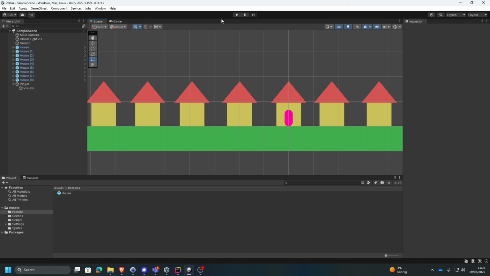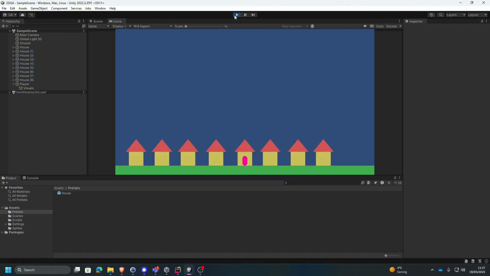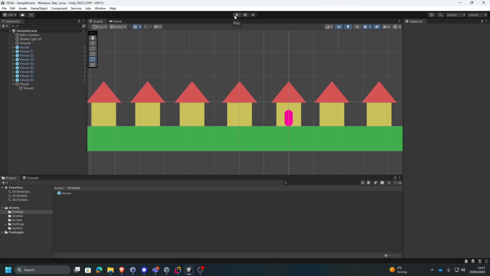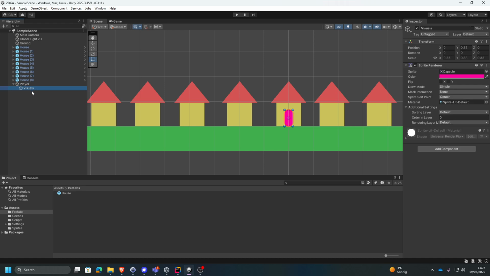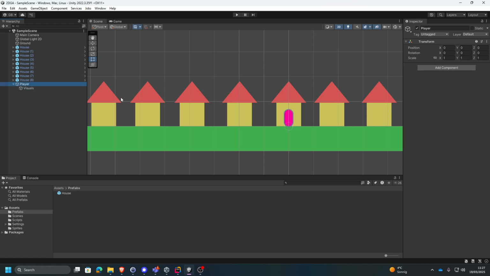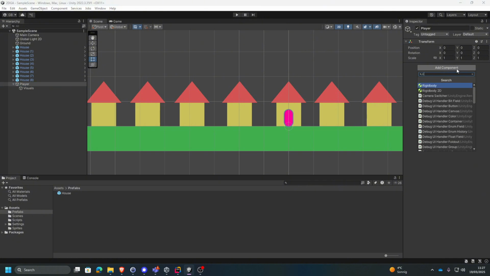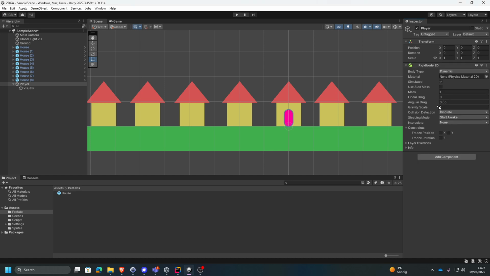but if I start this game now, not a lot is happening. Actually, nothing is happening. So the first thing I want to add is some physics. And to do that, I'll go to the player now. So very important, not to the visual representation of the player, but to the player game object. And I'll add a new component. And the component I will add is called a rigid body 2D. Very important, there are two types of rigid bodies in Unity. One is the rigid body for 3D applications, but since we're in a 2D application, we need the rigid body 2D. And I'll add that one